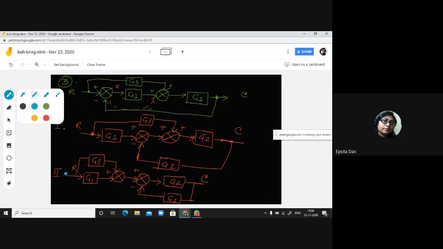this becomes very simple because this is now in parallel and these two are in feedback. So what we have to do? We will just write G1 plus G3 and replacing this summer. And just writing the feedback formula, we can able to replace this summer. And then we have to do the cascading. Understood?